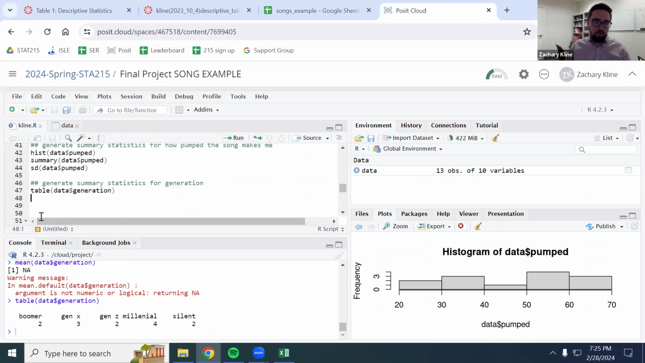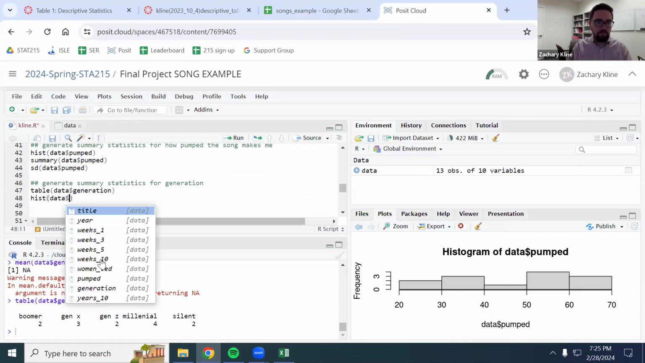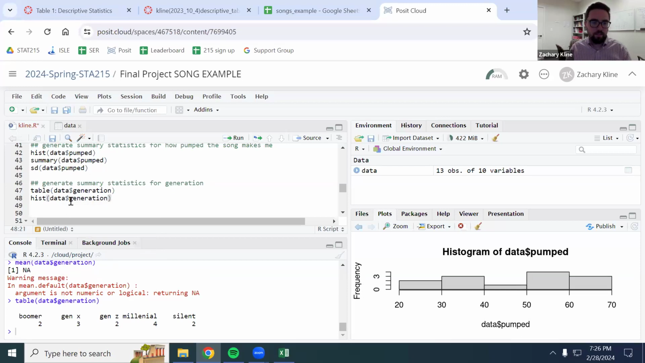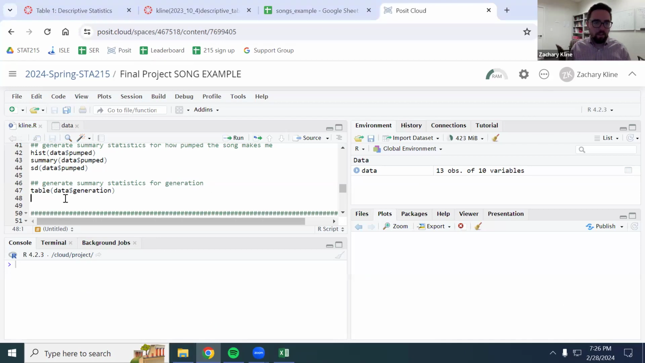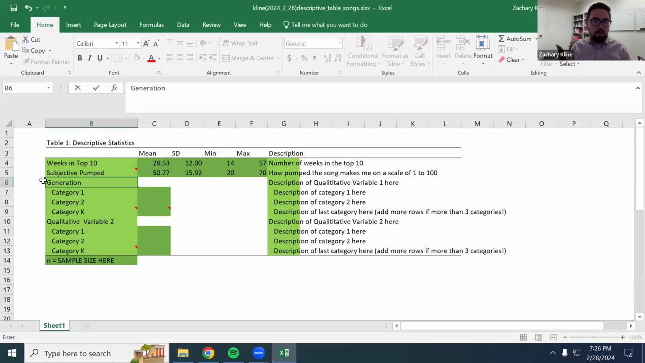So this gives us our table. Now there's other statistics we can use. Again, as a reminder, we don't really want to use histogram. That's not going to allow us to do it because it's not numeric. So my table got deleted. Run our table here. So with our table, now go back to our sheet here, our variable name, and we